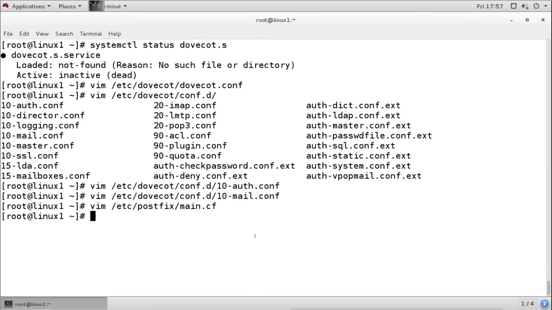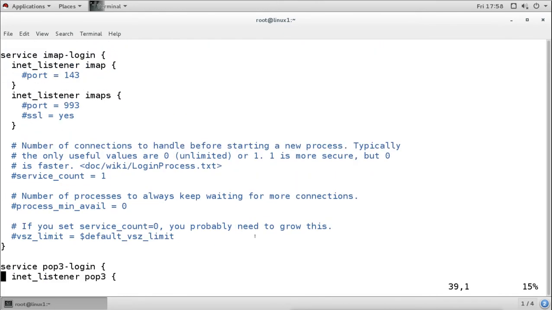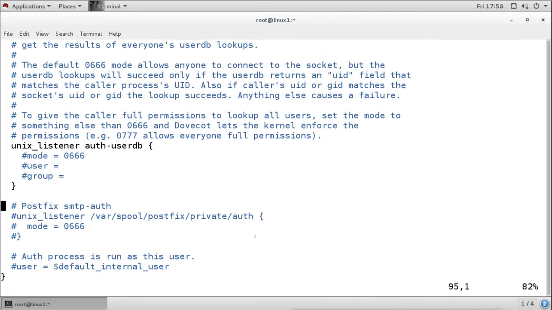So we will open the Dovecot conf.d directory, master.conf, and we'll go to lines 98 and 90. So we enable this.